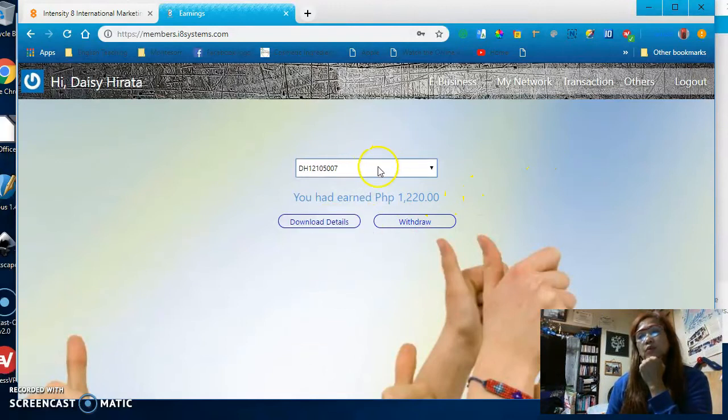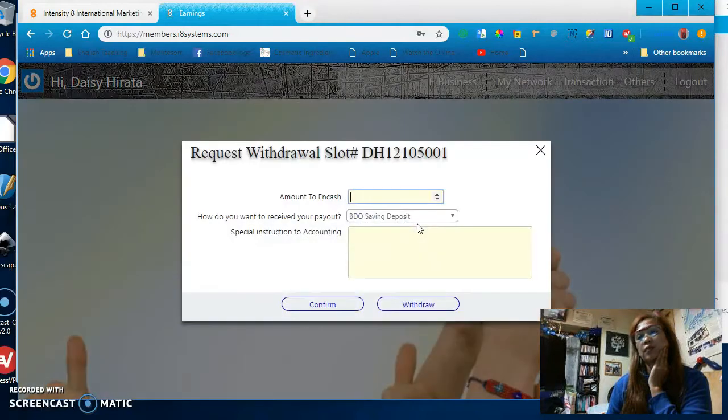You can also download all your details here, and I never tried to withdraw, but let us try just for the sake of this video. If you want to encash, you put the amount here,